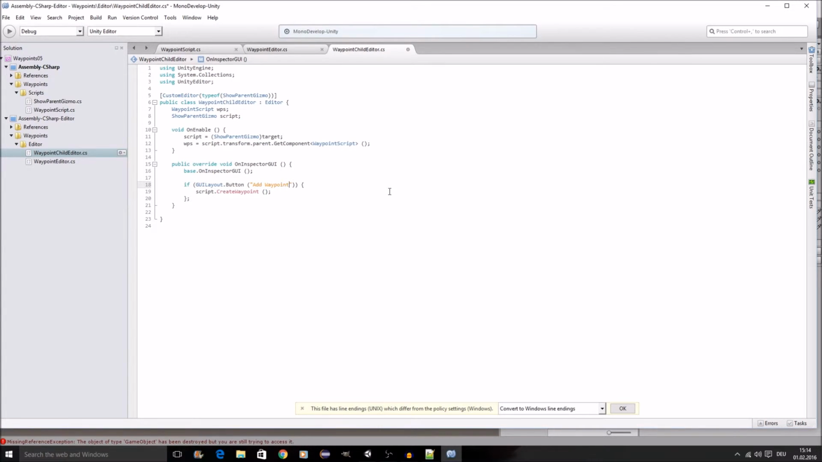So I'm gonna call this waypoint at end. For now, what we're gonna do is just create a waypoint at the end of our list, and that works fairly easy. We just use our reference to our waypoint script and call our create waypoint function. So I just save my script,